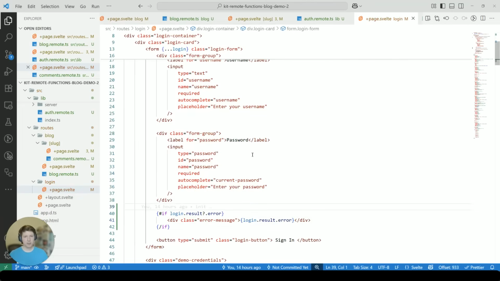And that's how you can basically react to a form result, and that way it just appears in the